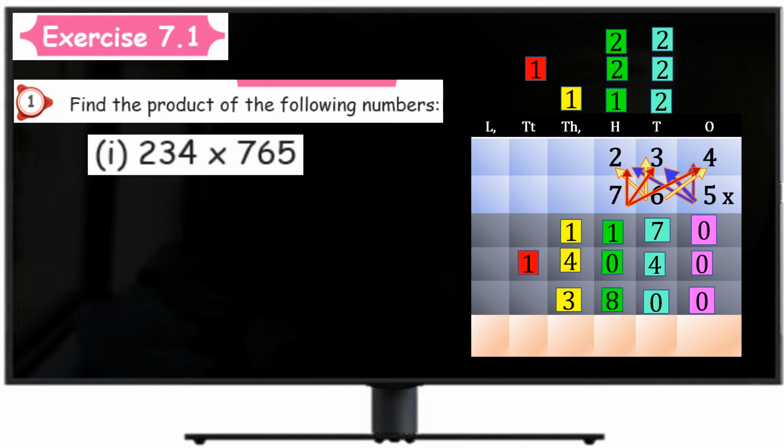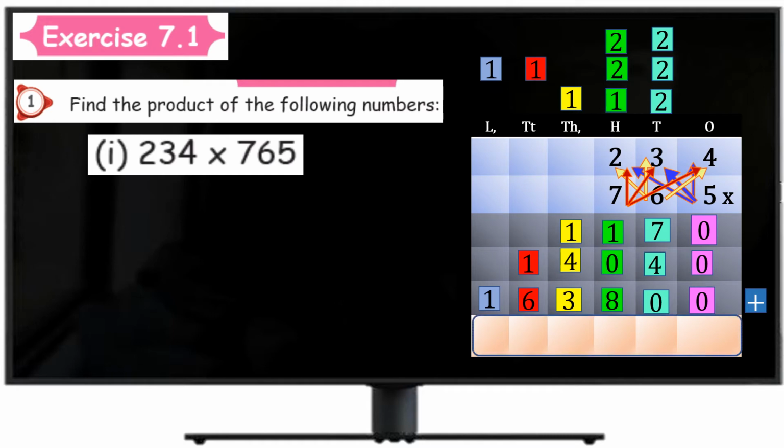Then one more thing, 7 2s are 14. 14 plus 2 is 16, isn't it? So 6 here and 1 above. And bring that 1 as usual, because there is no number to multiply. So bring that 1. Okay. So our part is over. Now we are going to add all those values. That you know, it's easy, isn't it?